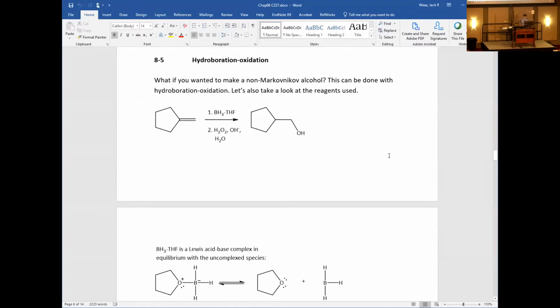As I think I might even have pointed out last time, but it bears repeating, if you wanted to make the opposite of the alcohol that Markovnikov's rule would predict, and there might be many cases where you would like to do that, then hydroboration oxidation is the way to go. And it again is a 2-step process. All of these structures and other bits I've explained in the next page, but